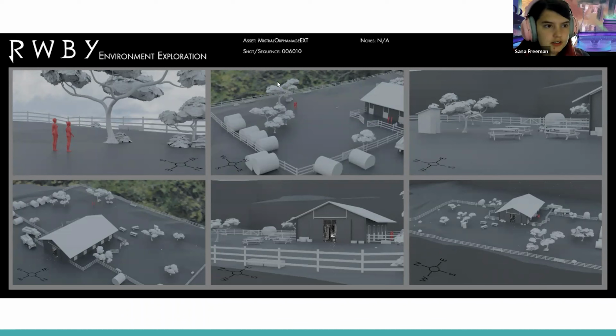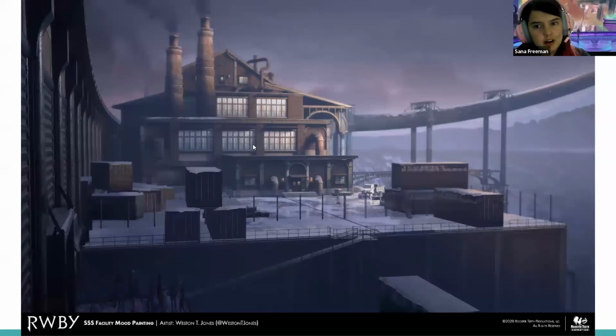And the other reason I think this is particularly useful, well, many reasons, is let's say you have someone on your team that is like, well, I'm kind of a 2D artist. I'm not so good at modeling or anything like that. This concept was made by Weston entirely with assets we already had for Ruby, and modeling was able to take this and just plop it in the show directly. So if you have someone who's not that confident in their 3D, set dressing is very easy to teach, put them to work there, right?